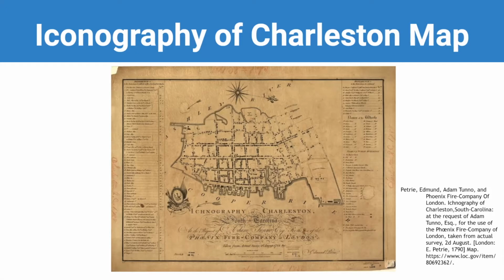So that was a very important map that we have and can see here of Charleston. But after the War of 1812, what happened was you started not having as many English companies insuring in America. So after the War of 1812, American insurers started to fill this void and started to provide fire insurance coverage in the United States.